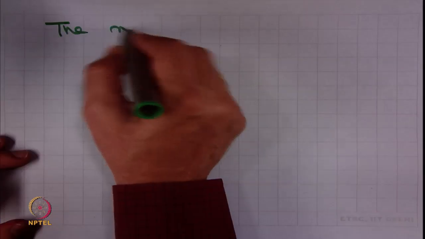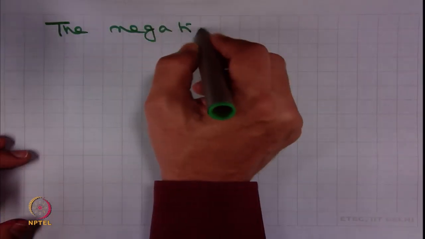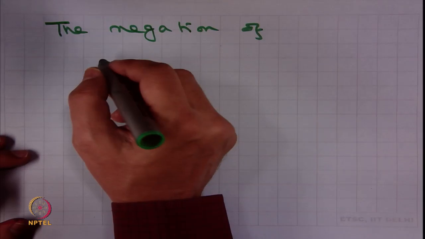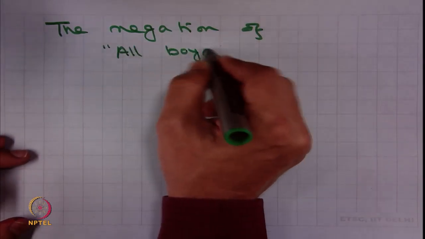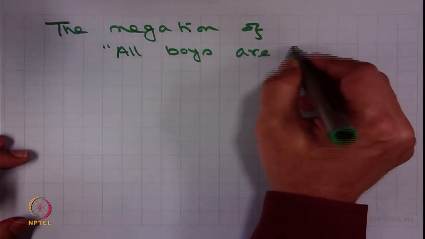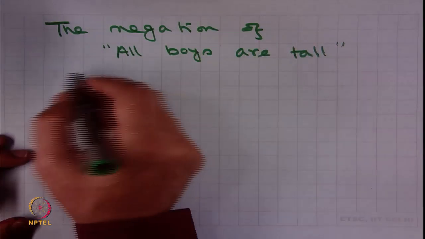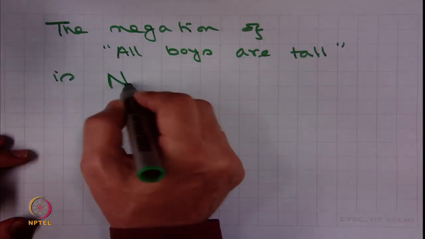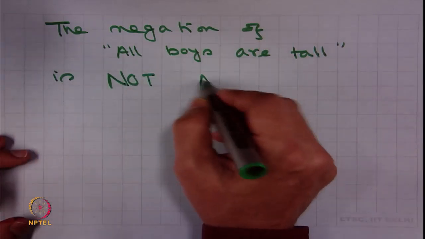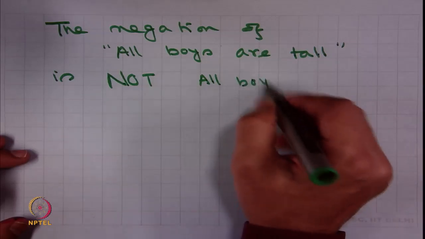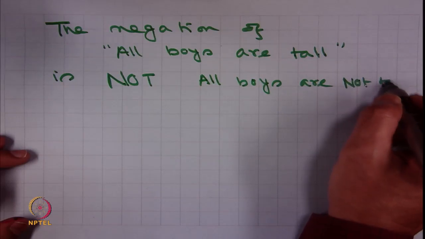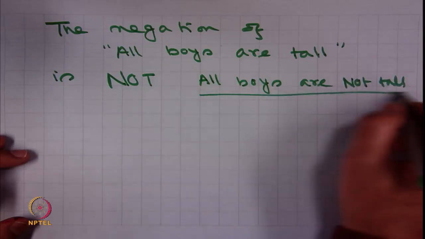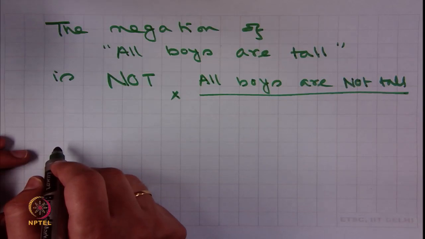The negation of all boys are tall is not all boys are not tall. This is not the negation. The negation is